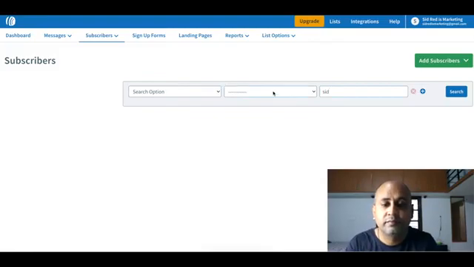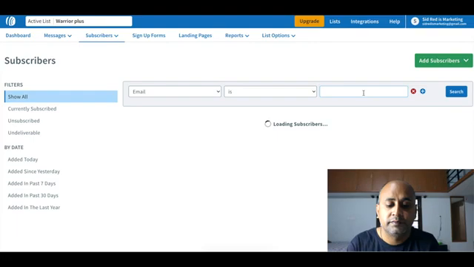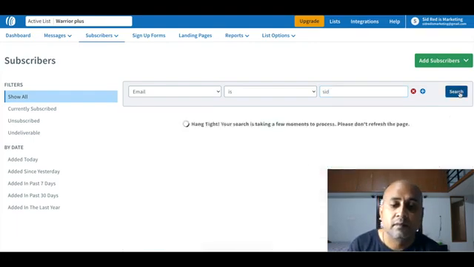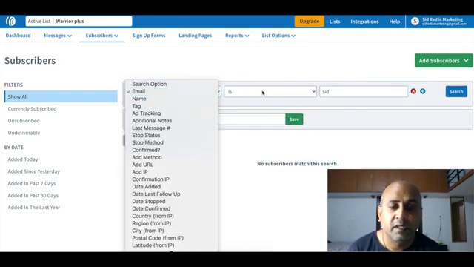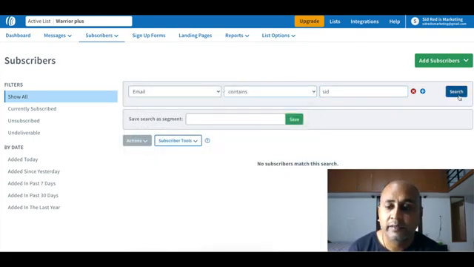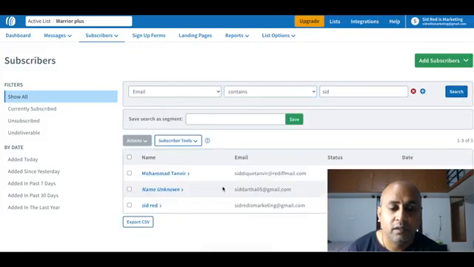Let's search the option by email. Yeah, see.